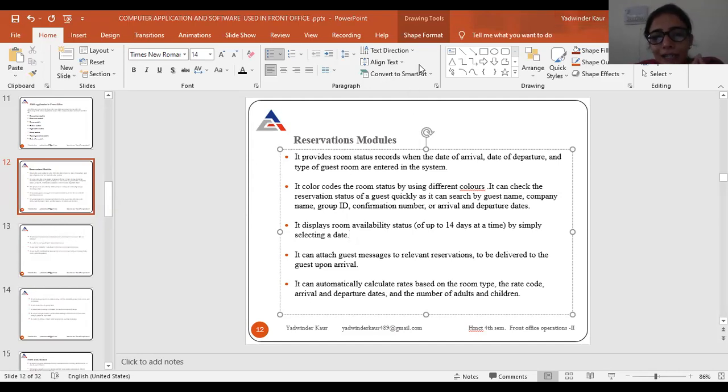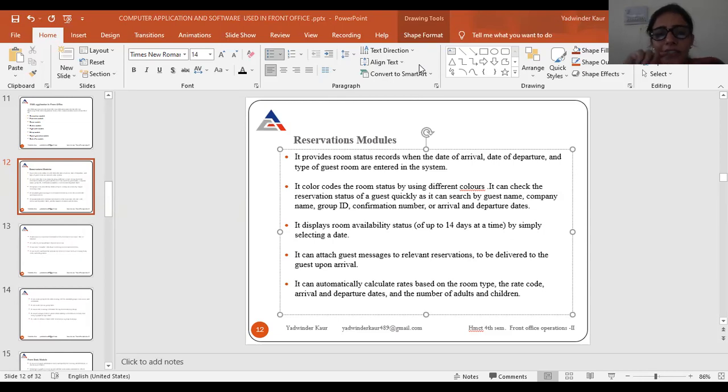It can attach guest messages to relevant reservations to be delivered to the guest upon arrival. In the reservations module, we can also add guest messages to relevant reservations. Suppose we have a reservation, right? And someone has a message for the guest, or we have to place a fruit basket and cookies, or any kind of message we will give to the guest at the time of arrival.